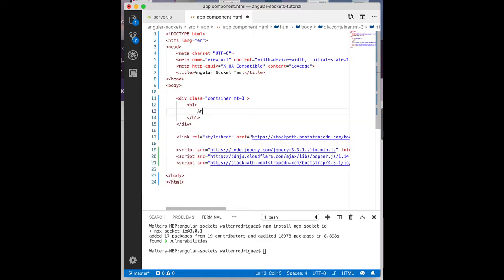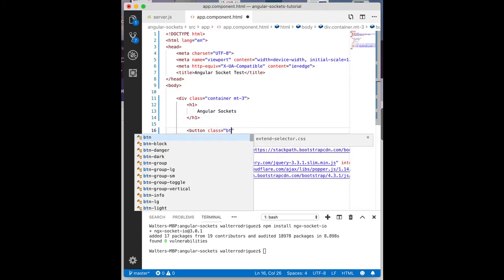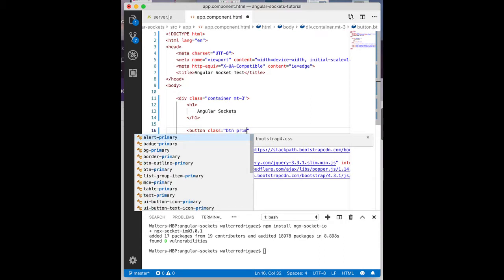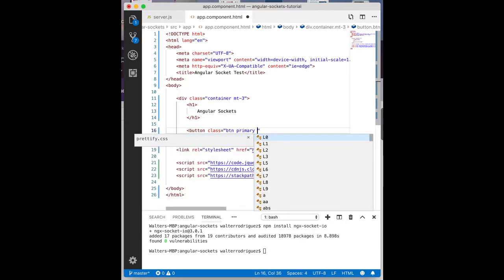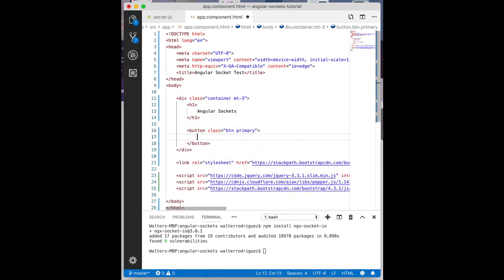Remember, we removed all the HTML Angular creates for us, right? Because we don't want that. We just want a simple button here. So we create a title with an h1. Now we create this button. We use the class btn, btn primary. And the label is going to say test